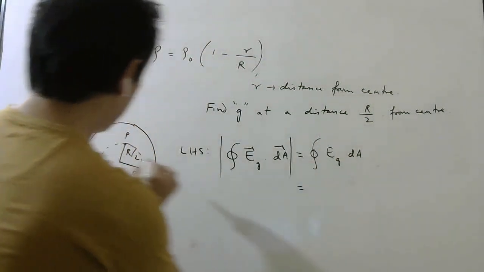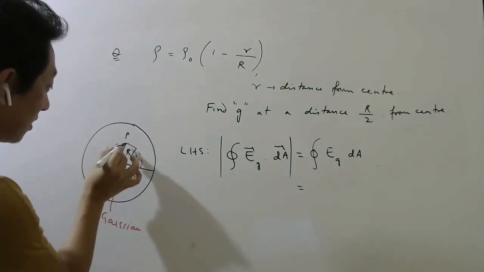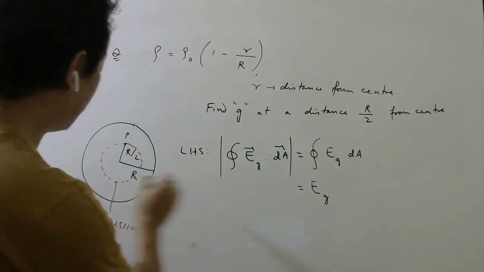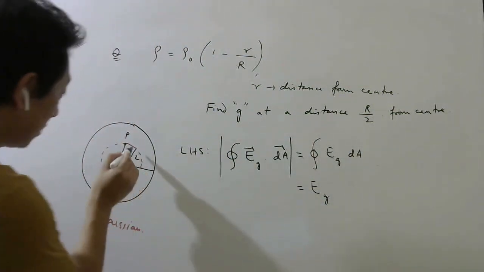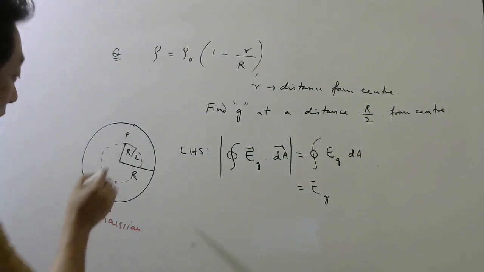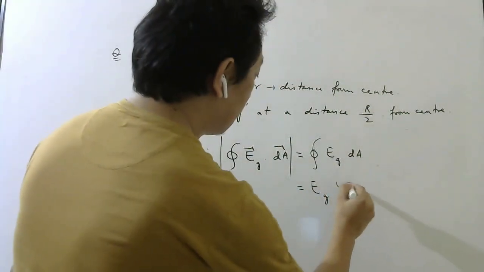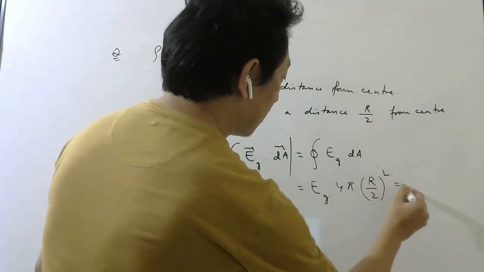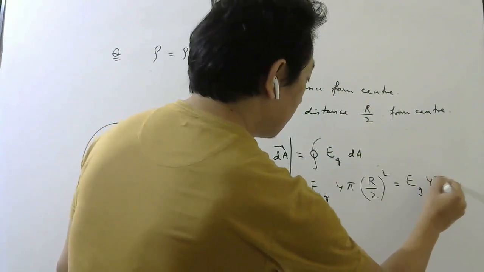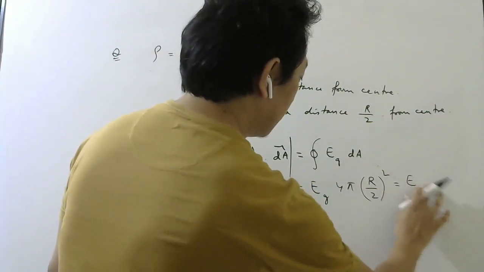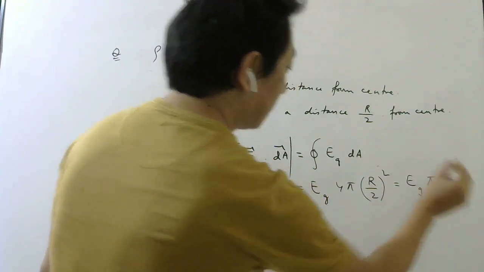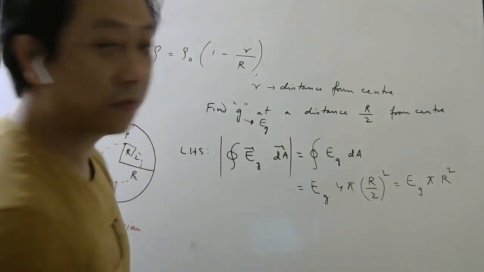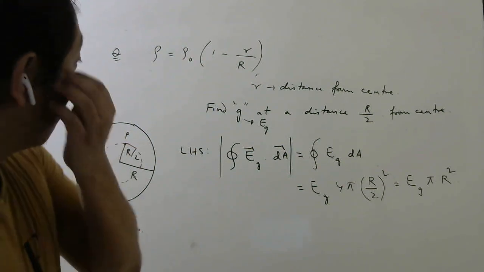Now, since it is a spherical surface and by symmetry, I can assume E is constant everywhere. So take E outside, and then the integral of this small area will give you the total area of this sphere. Total area of this sphere will be what? 4 pi (r by 2) square. That will be Eg times 4 pi (r by 2) square, so the 4 will cancel with this 4, giving pi r square. Right, students? Now this Eg is your G, remember. Don't get confused because we are doing the gravitational chapter.